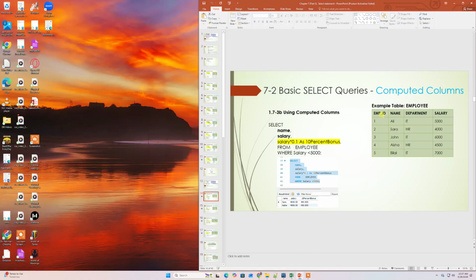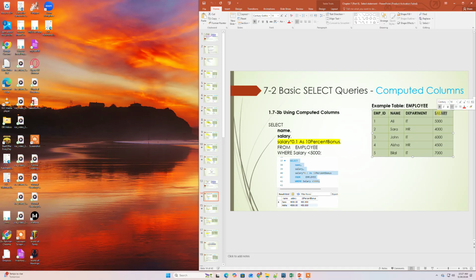For example, this is our table that we have already demonstrated in our last video of the select statement or select script with its different clauses. You can watch from there. I have this table, and I am using the select statement with an arithmetic operator, and what I am interested in is calculating a computed column. So here I have name and salary column,